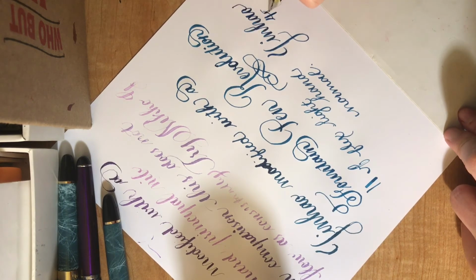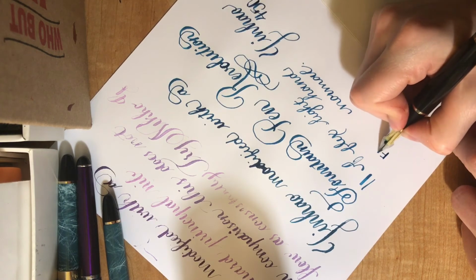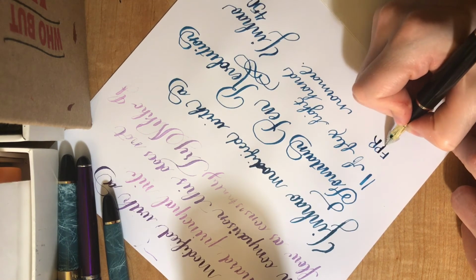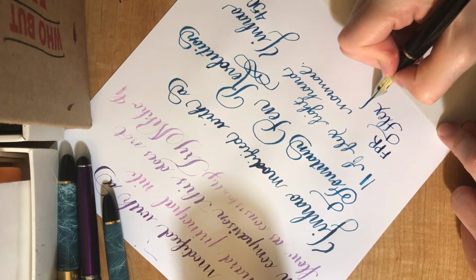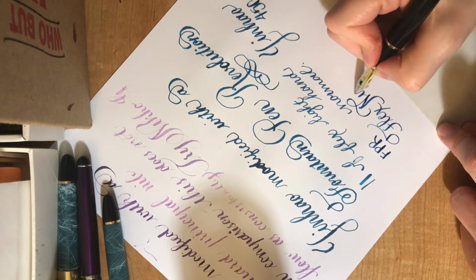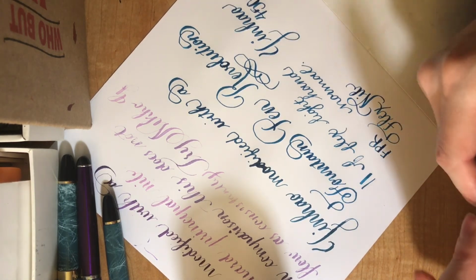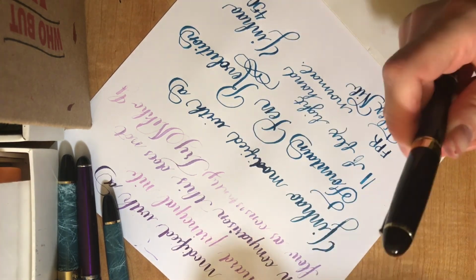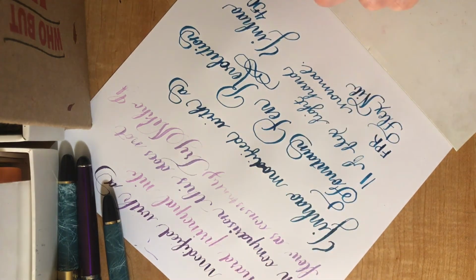And this is the Jinhao 450 with the FPR flex nib. Alright, that is really all I have to say about the Jinhao pens. Just to recap,